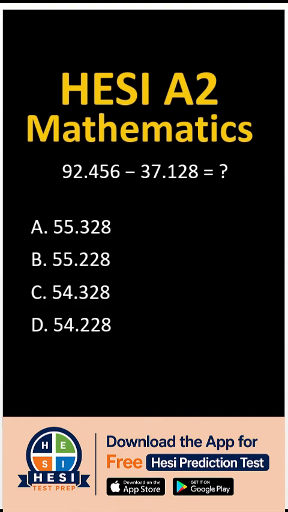This HESI A2 mathematics question is all about lining up decimals correctly before subtracting. So the question asks here, 92.456 minus 37.128 equals what? So if you write it like this,